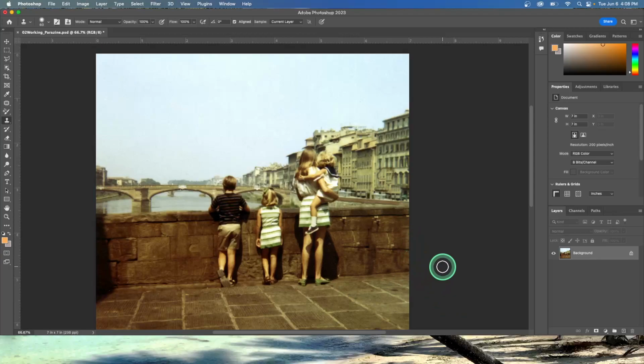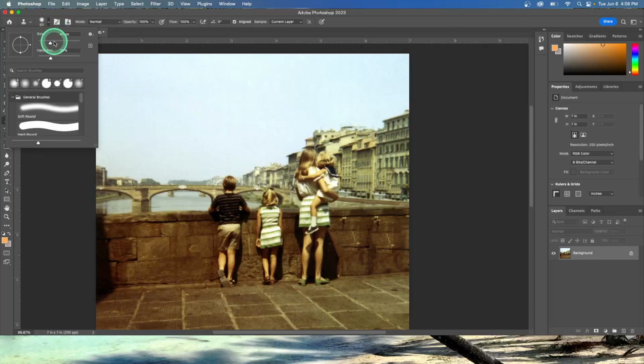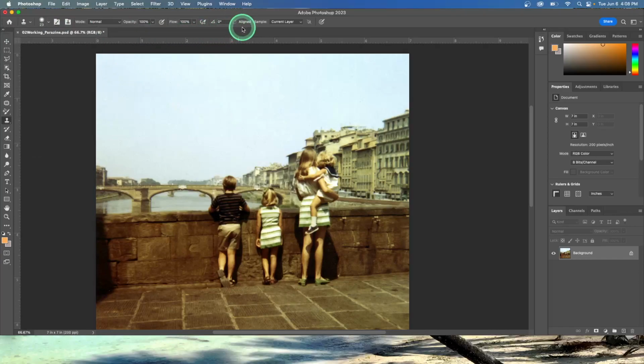So select a smaller brush size. So let's go up here and make this a smaller brush size. Then deselect aligned, uncheck that. Then select a source point over the rightmost windows in the lowest row of the building and click across to create accurate windows there. So over here where we have our windows, and you see how